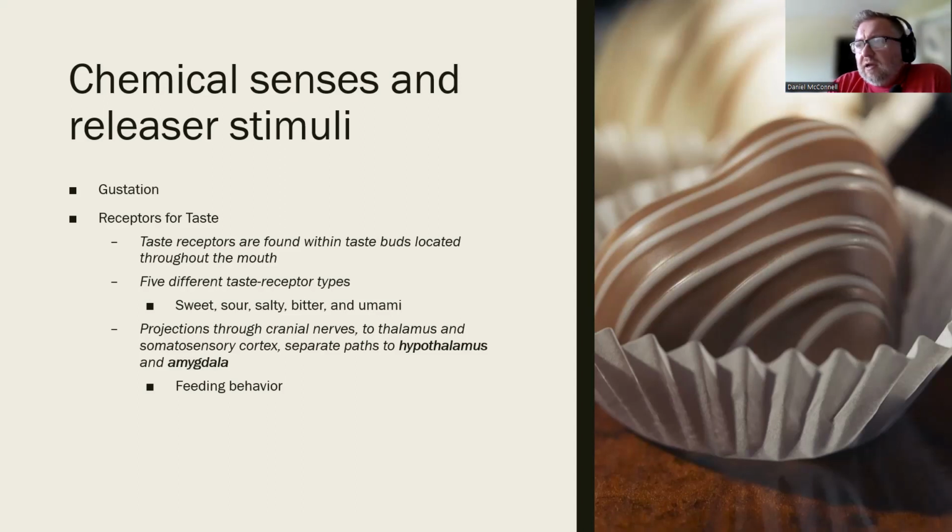Now, how does that work? Well, there are foods that taste good, right? And so again, this idea that certain foods taste good, why do they taste good? Why does sugar taste good, for example? Perhaps it's because we need sugar, right? And so the idea is that having some degree of sugar and carbohydrate in your diet is important to maintain blood glucose levels where we want them to be. And we may have an increased need for sugar when blood glucose levels go down, and that might increase our desire to eat sweet things. So this creates a motivation that's very targeted. It's not just I feel hungry, but I want specifically something sweet.